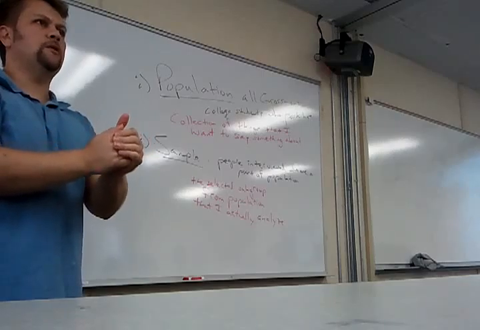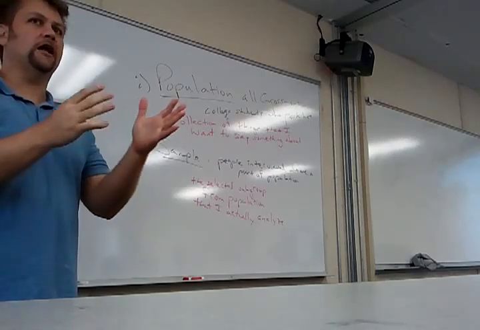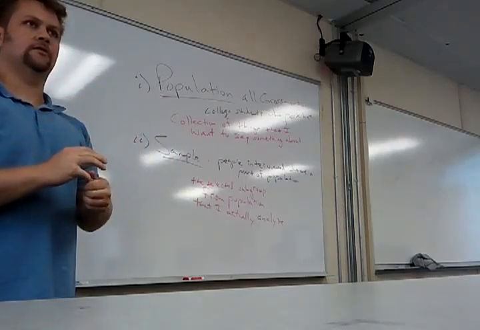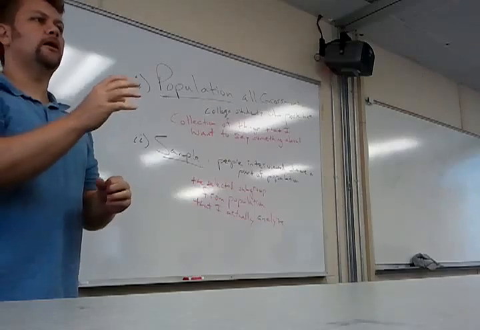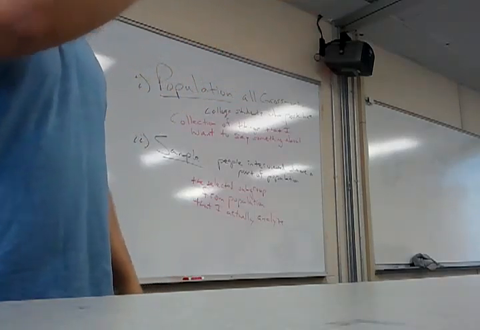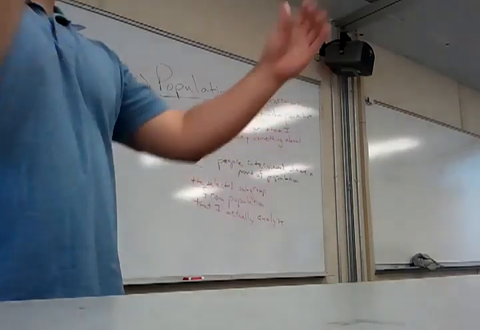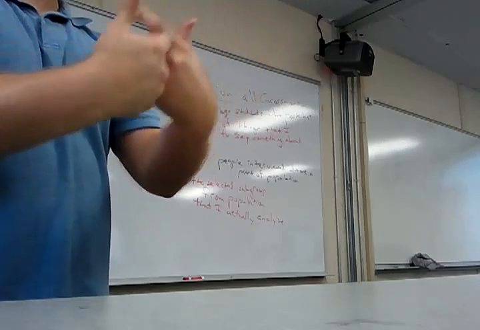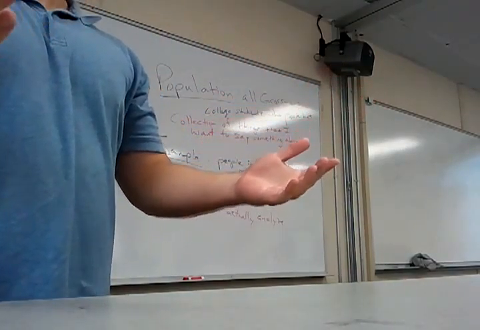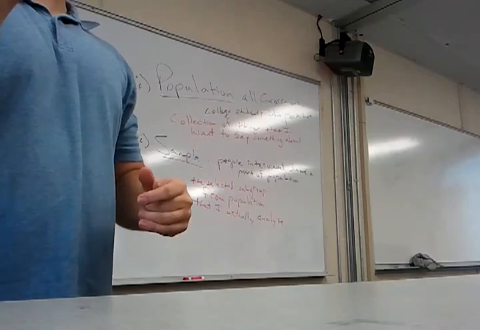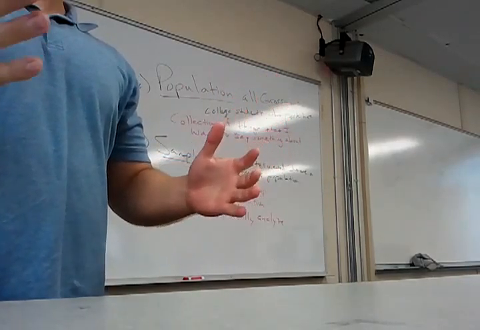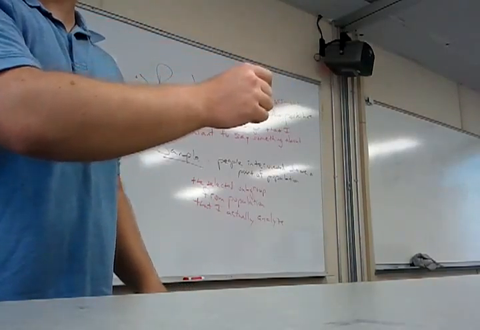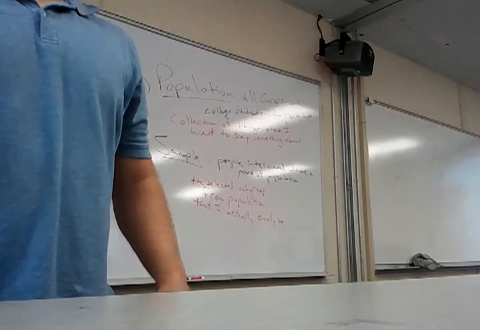So if I wanted to say something about the average number of times people are bumped from American Airlines flights, who do you think my population is? People who fly American Airlines, right? I can make it more specific, from this date to this date or whatever, but people who fly American Airlines, and my sample would be... ones who get bumped. No, be careful. Not the ones who get bumped. Anybody that I pick to talk to, right? Because I want the people that have never been bumped. They have to be a part of my sample too, or else my average is thrown off.